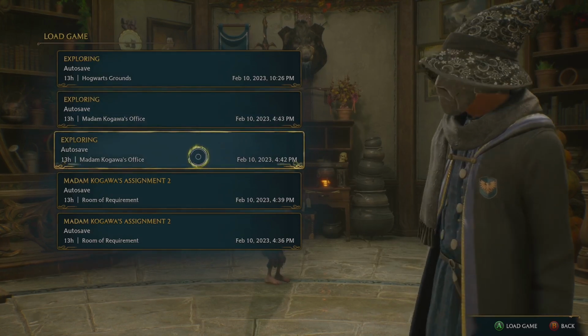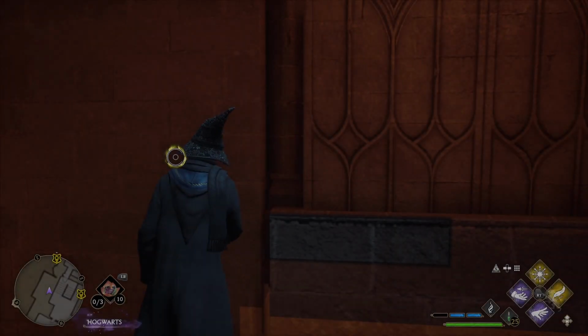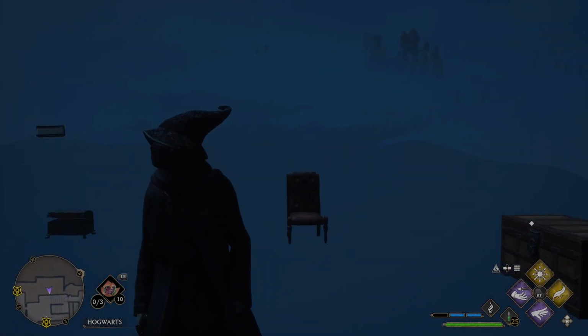However, for me, the game did it by itself. I didn't try to glitch into an area. It just kind of did it. Early in my playthrough, I was probably about 13 hours into the game. I went to Madame Kagawa's office and completed a quest. Okay, then I saved the game and logged off. When I loaded back in a few hours later,